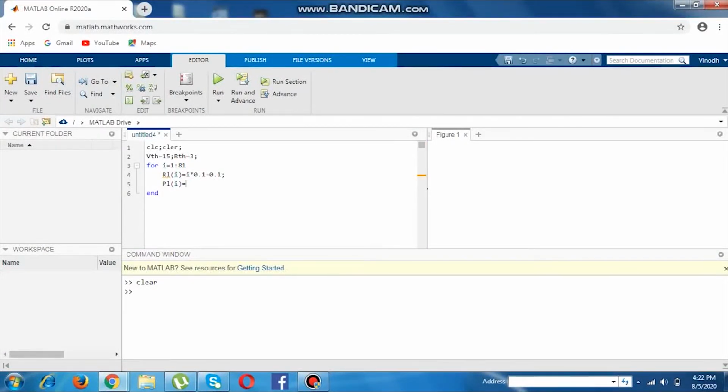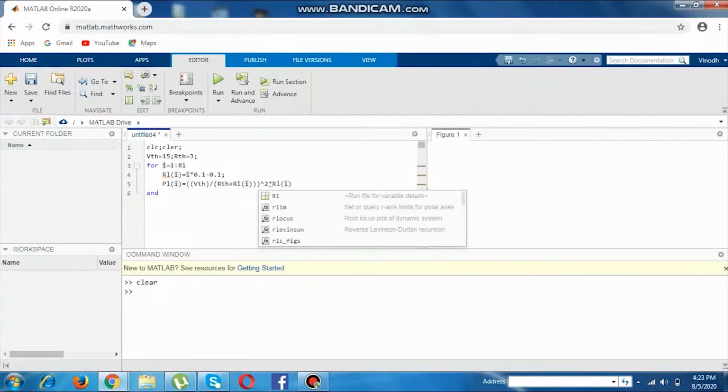So PL of I is equal to, by entering VThevenin voltage, by RThevenin plus RL of I whole square into RL of I, semicolon.